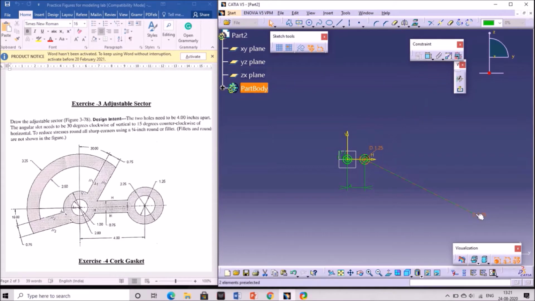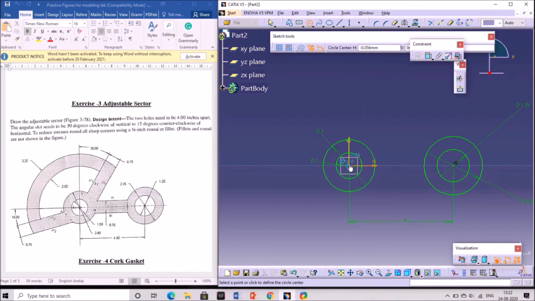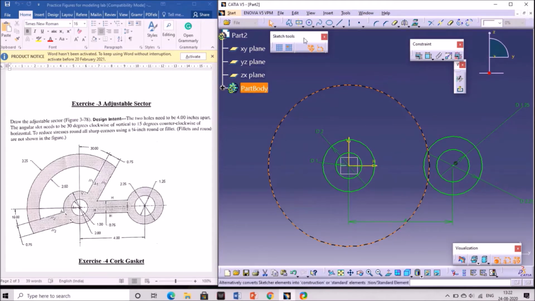Okay, so again zoom it to see the objects clearly. Just move this length aside so that these are visible easily. Okay, now they are at the center position. Now we need to draw other circles at the center point. So draw two circles at the origin. Specify the center point and draw the two circles